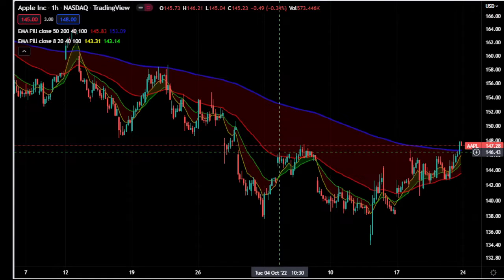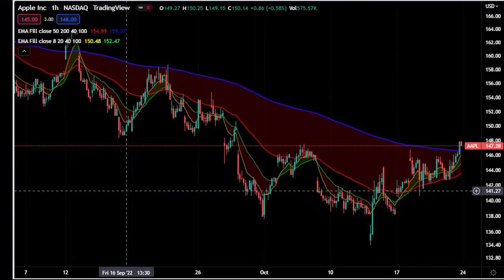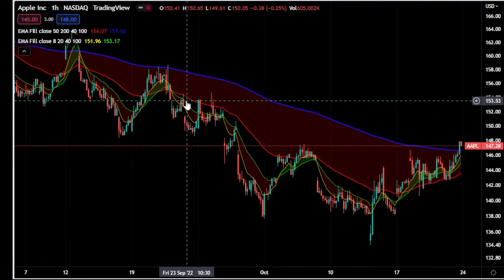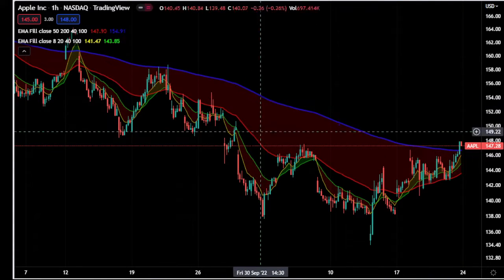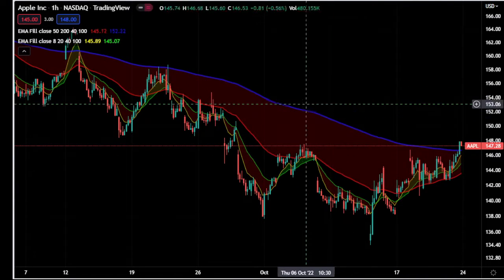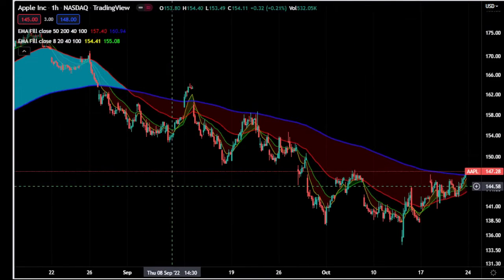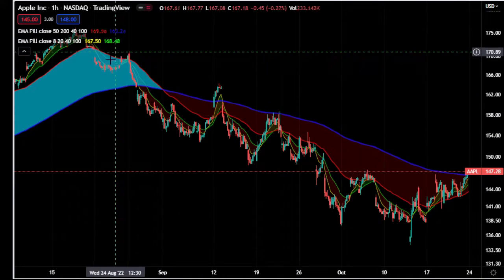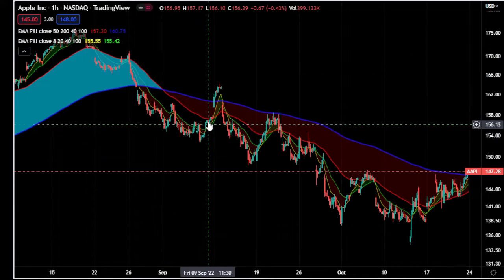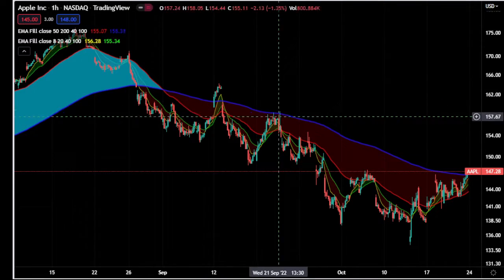So Apple Inc. 1 hour, and this view starts in September, and we see that the 200-hour moving average is the top moving average here, and the 50 is below it. So this turns red when the 50 is below the 200. And we've got a lot of red in the hourly charts here for Apple. And in fact, we have kind of an interesting situation back here, is that prices tested the 50 right here, and then they fell, and now they fell down here, and then we came back and they tested the 200 here, and then they tested the 200 here,